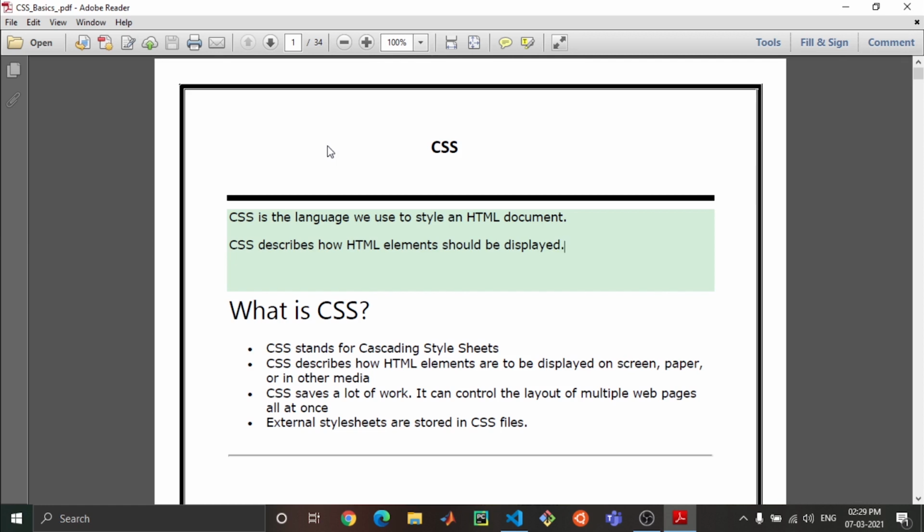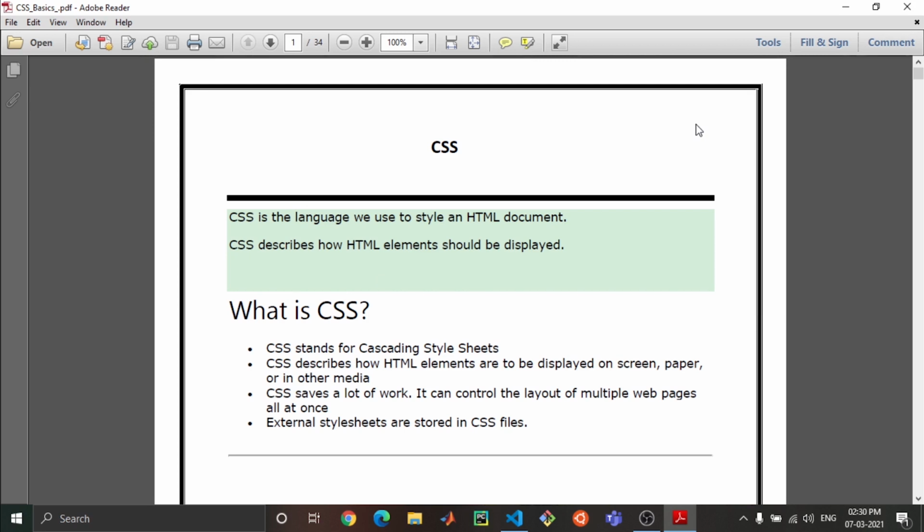JS stands for JavaScript. So all these things we have just interrelated with a car, and as you can think, structure resembles HTML, CSS resembles the designing or making something more attractive or more beautiful, and JS resembles the working of that website. So now we can just go ahead with what is CSS.